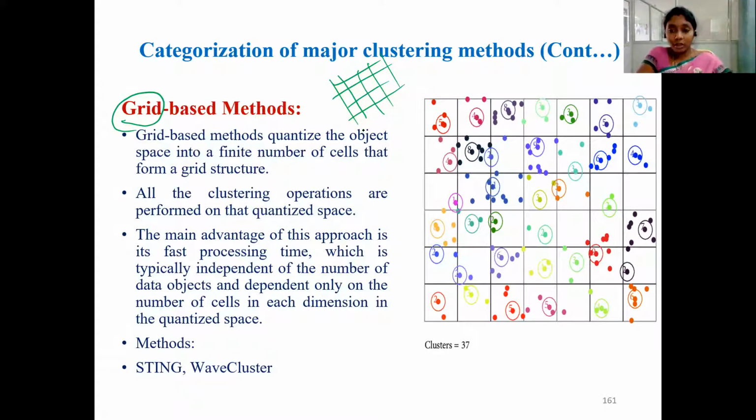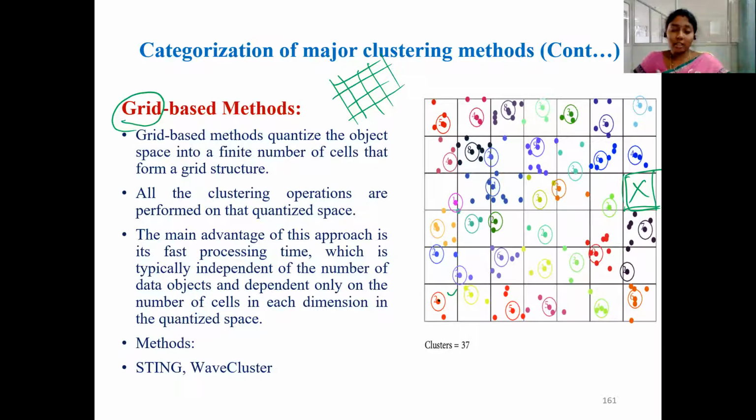So here, if you observe, in this particular grid no data exists, so no cluster is formed from here. If you observe here, it forms a cluster based on this particular data point. It does not consider the density or the distance.